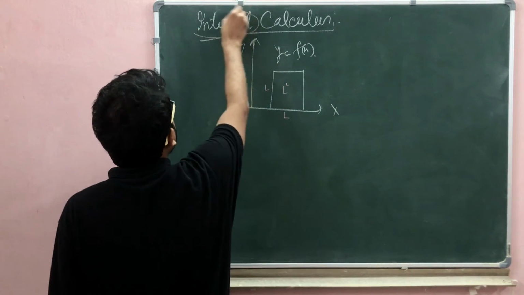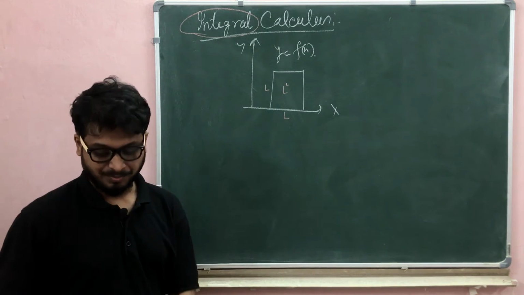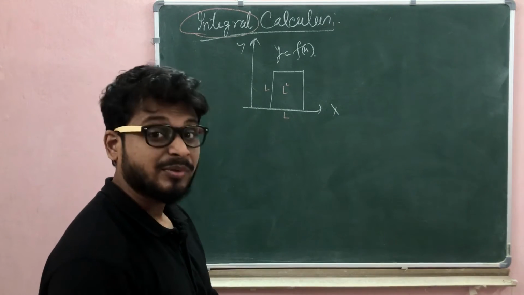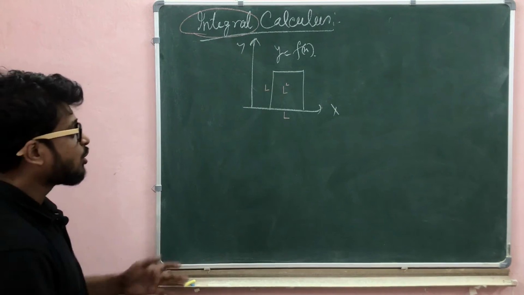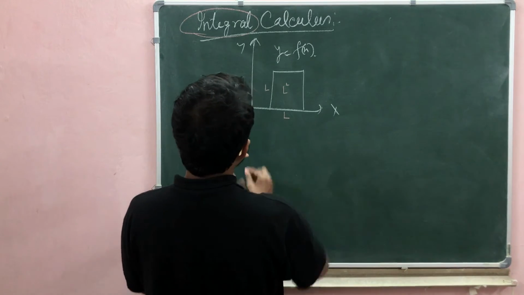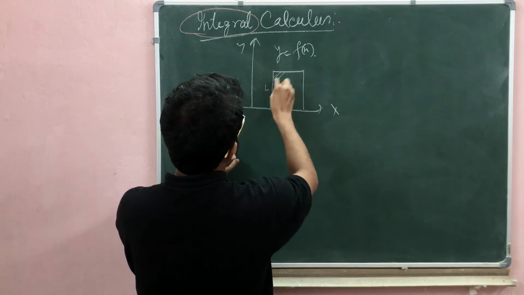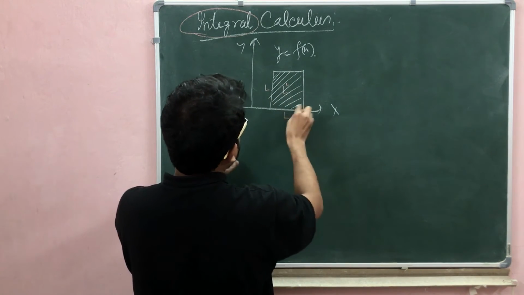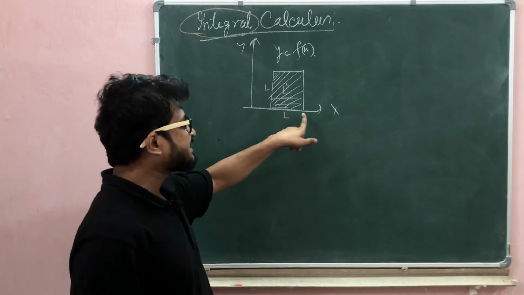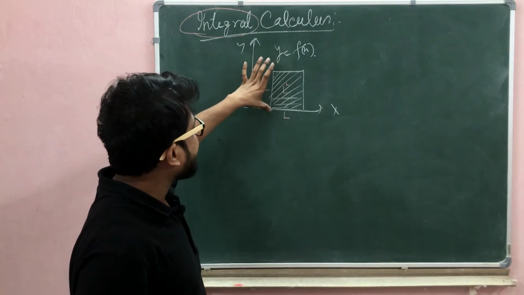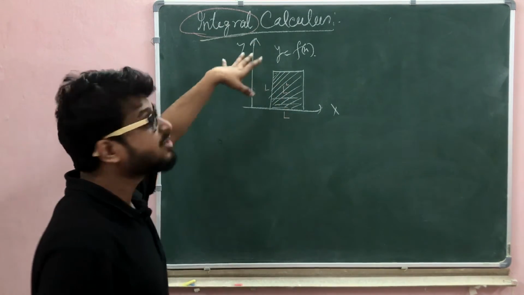What term is defined as integration? We know that differentiate means very small. Choose a very small value. In terms of integration, integration is defined as a sum, a total value. Now calculate the integration of y equal to f(x), meaning the area under the curve lying on the x axis. The integration means y equal to f(x), the x axis, and the area between the curve and the x axis, the area under the curve, that's called the integration.